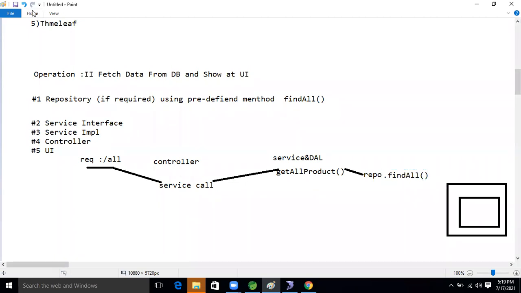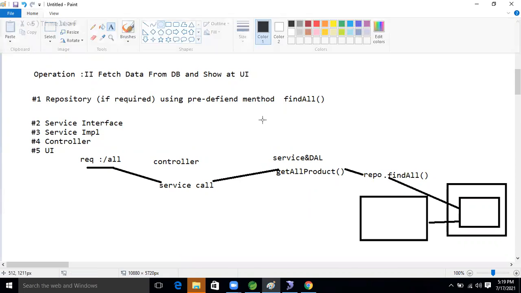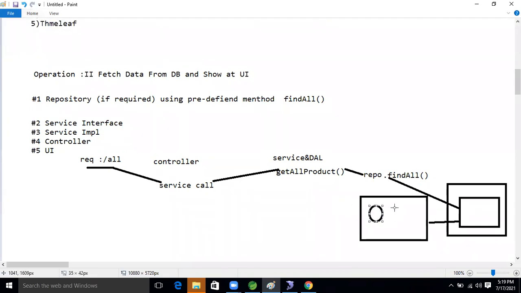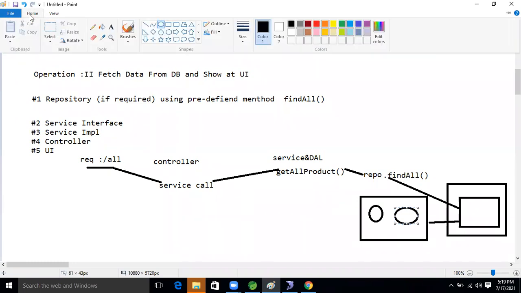By calling that, what will happen now? This method will hit our database, and it will select all records from the database. And in returning back, what will happen now? This data will be converted into a list of data. All records will be converted, one row at a time. However many rows there are, that many objects will be converted and stored in the list object, right?